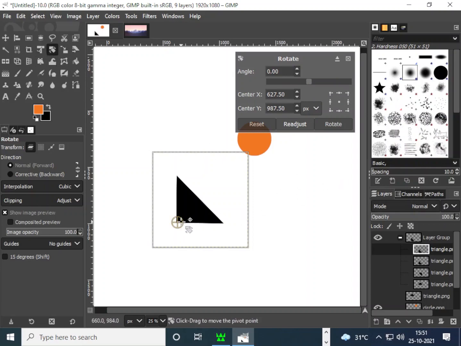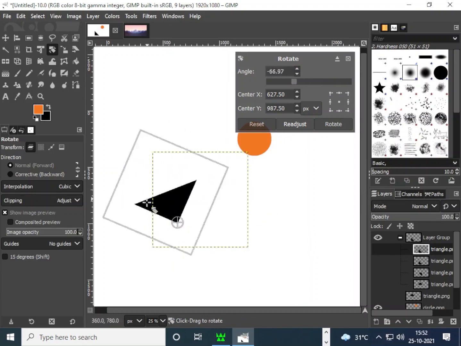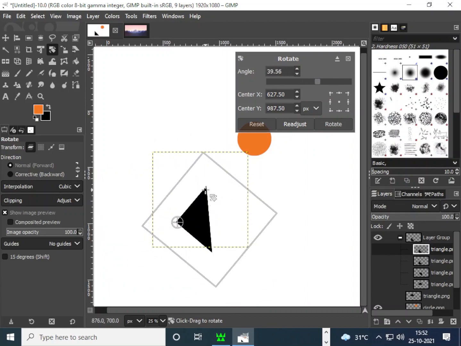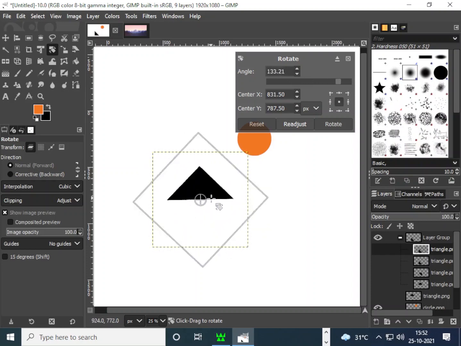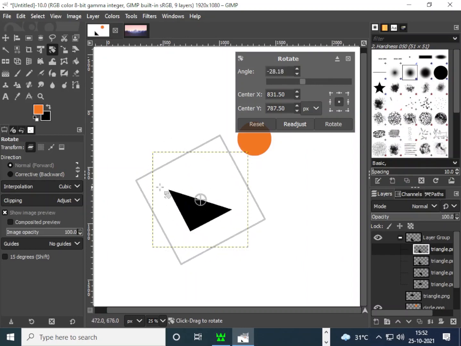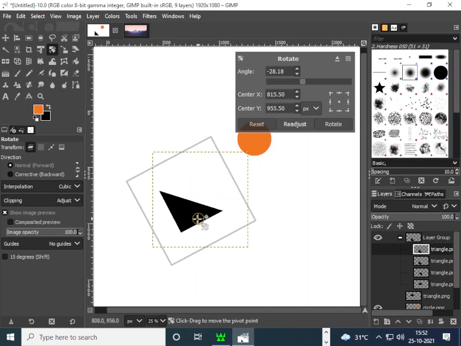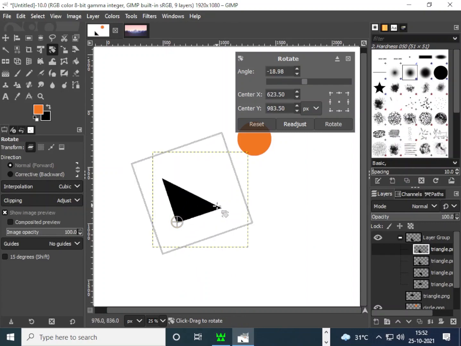If you see here, I can change this. This is a point of rotation, right? Can you see this? By default, how was it rotating? Suppose I rotate it, it would rotate around that point, right? But if you want to do a circle, should I rotate around the vertex here, this edge here? No, right? I need it to rotate along this. Just pull it, get it there and see this.